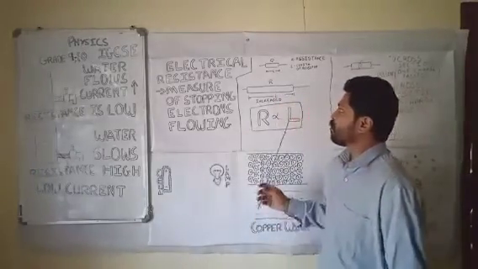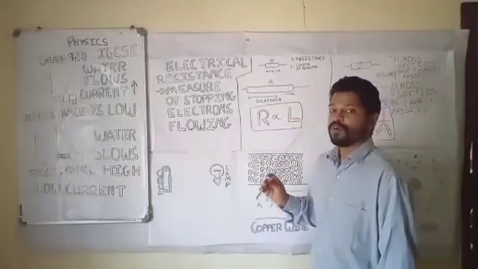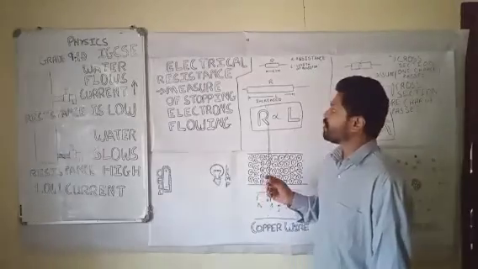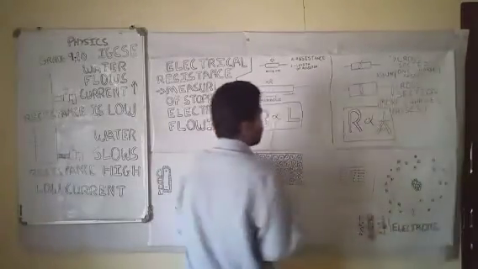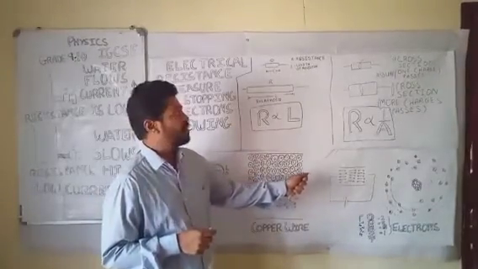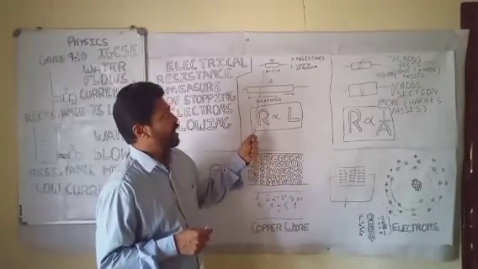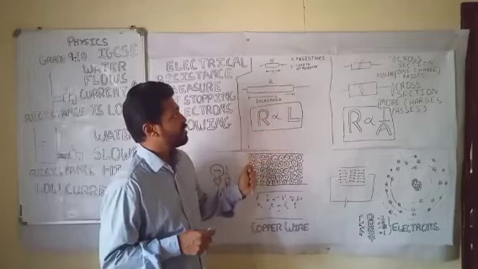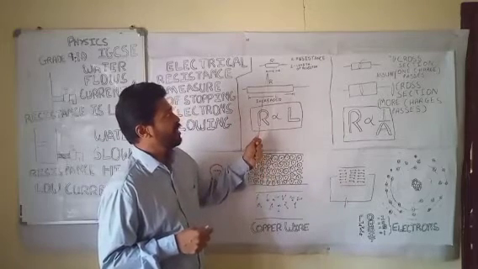Now there are two properties out here. So for the resistance, as you can see over here, there is a diagram drawn. There are two properties of resistance. Once the length of the resistance is increased, right? This is L.